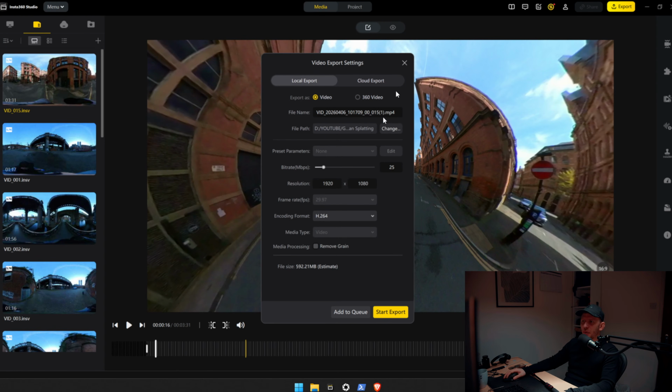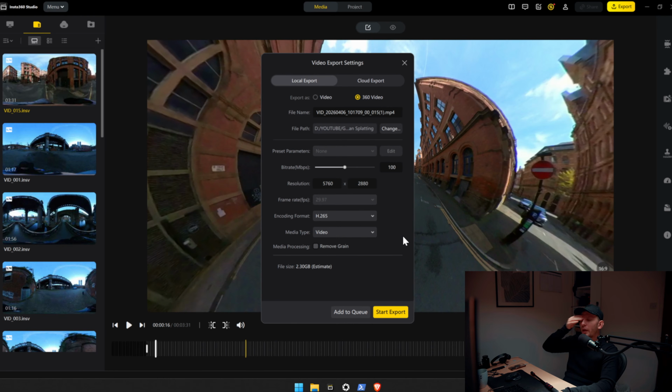In my case, I'm gonna do a 360 video because that's what I want to do, and this is basically gonna export a flat video that is gonna compress and bend the 360 video, so the 360 as it is right here is gonna be like that. Okay,